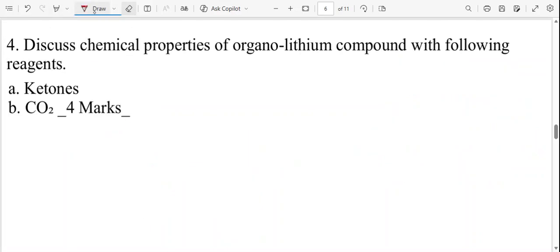So let's go. Discuss the chemical properties of organolithium compounds with the following reagents. So we have the ketones. So we are talking about now the properties of these organolithium compounds. All right, so let us now start with the ketones. So with the ketones,